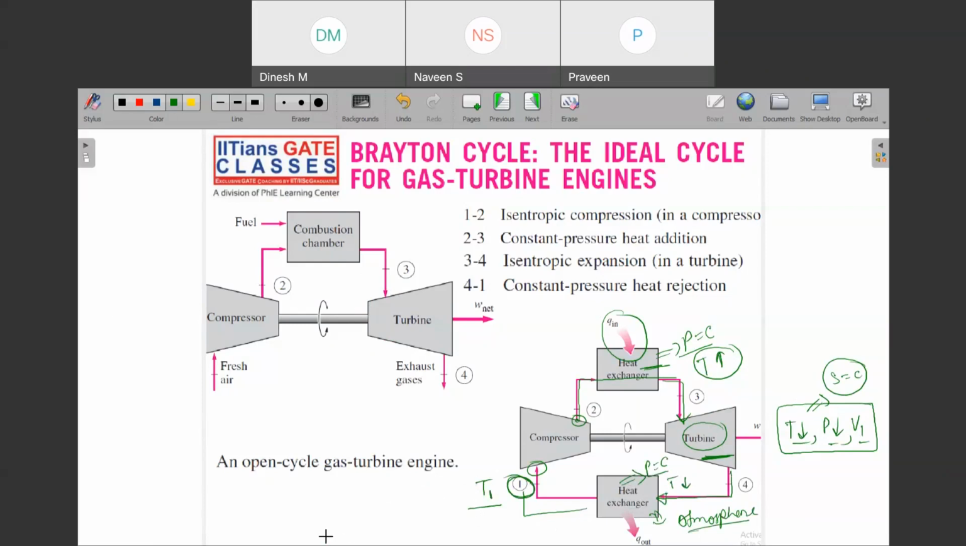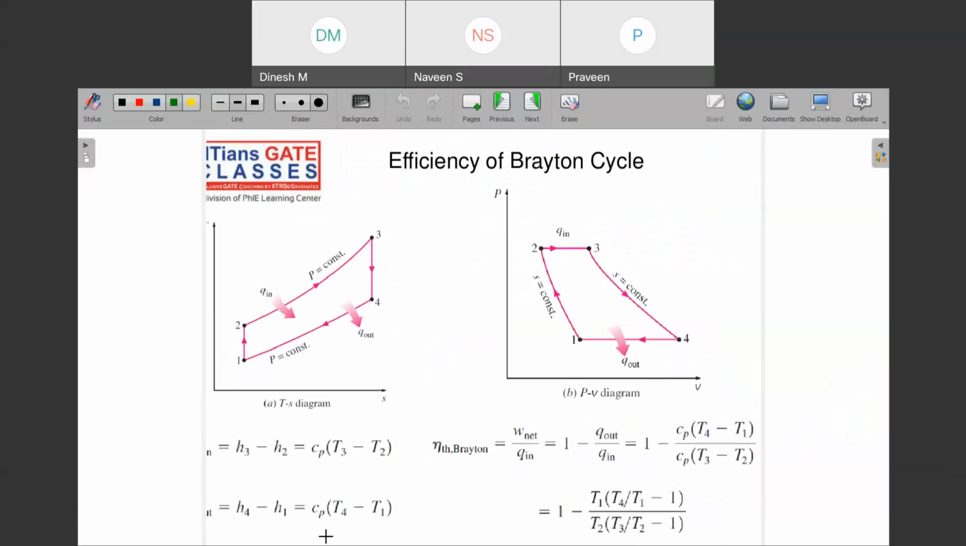So let us now see the PV and TS cycles of a Brayton cycle. Let me help you understand. This is your TS cycle and this is PV. Can you see that I told you 1 to 2 was isentropic compression, then constant pressure heat addition, and then isentropic expansion. So this is expansion, where expansion in the turbine,